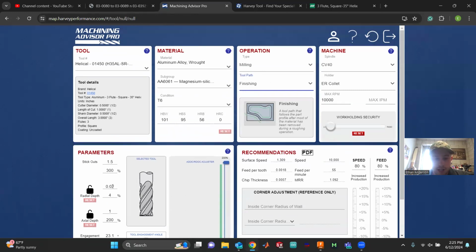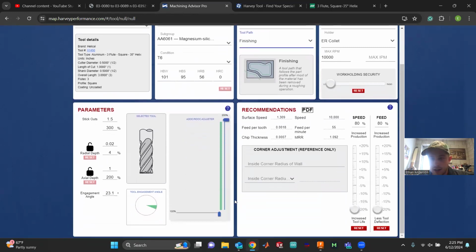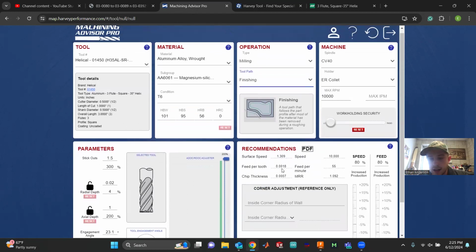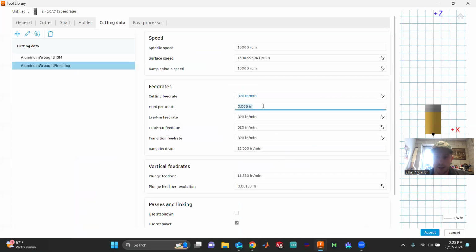And it wants us to run a 20 thou finish pass, which is great. And it is recommending 1.8 thou per tooth. So we're going to come in here. We're going to change this to